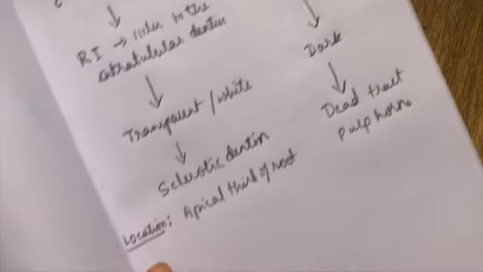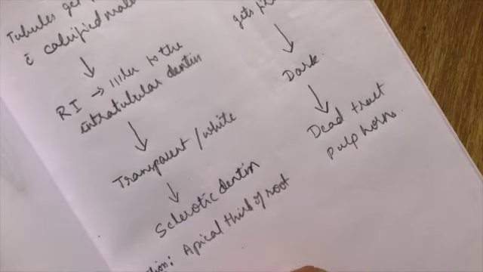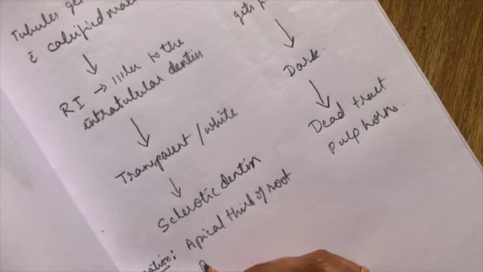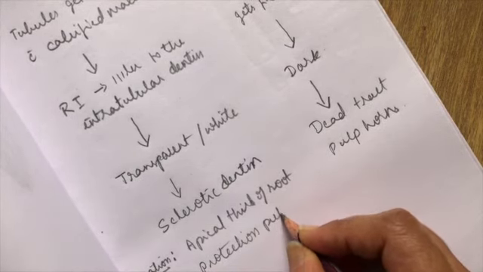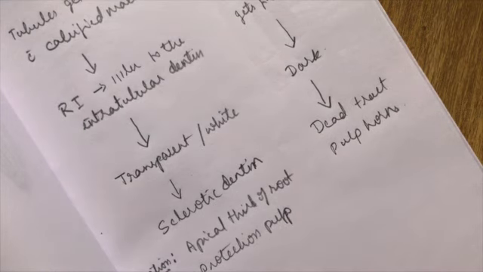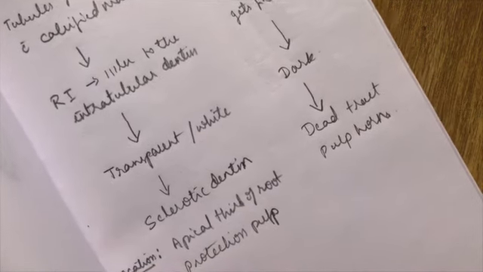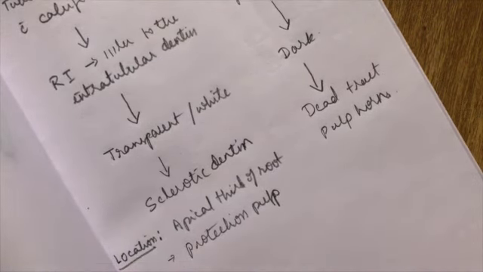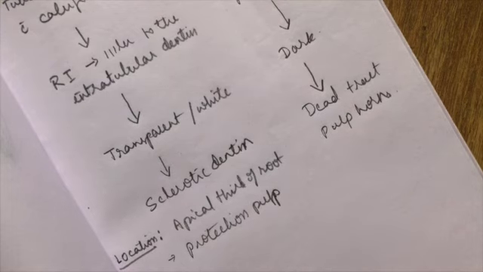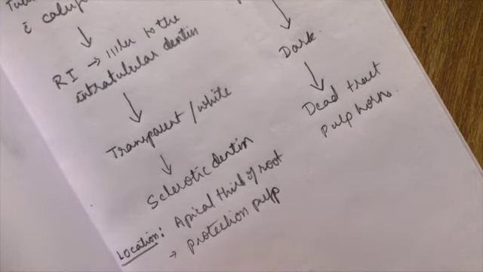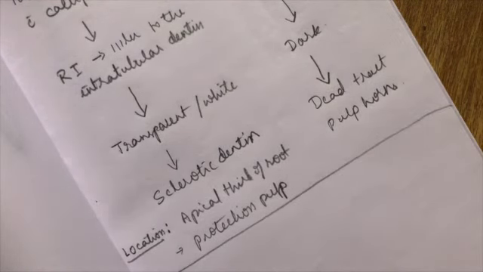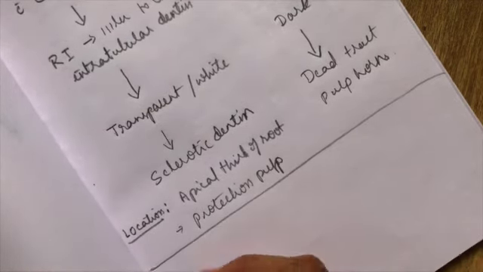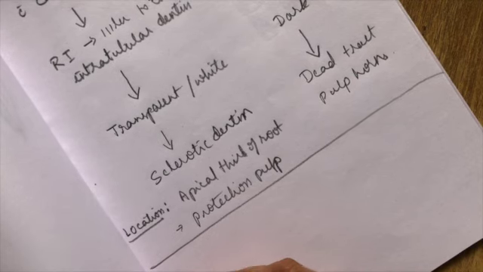And the significance of a transparent dentin or sclerotic dentin is protection of the pulp. Because of the mineralized tubules, the infection won't get inside, whereas dead tracts make an easy path for the bacteria to enter. Now the interesting thing about transparent dentin or sclerotic dentin and dead tracts is that under transmitted light, see, we have two types of microscopy.